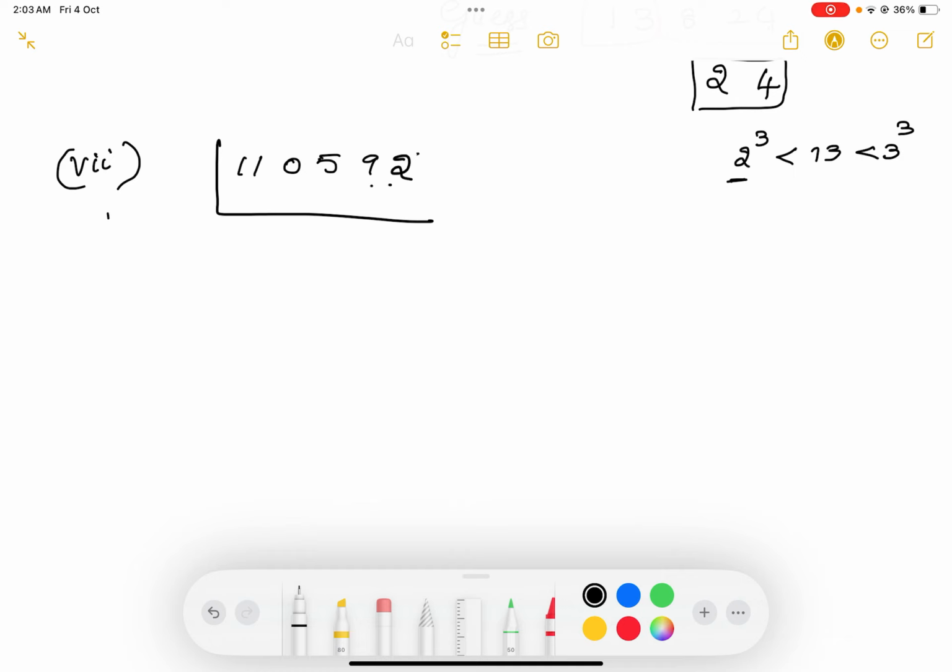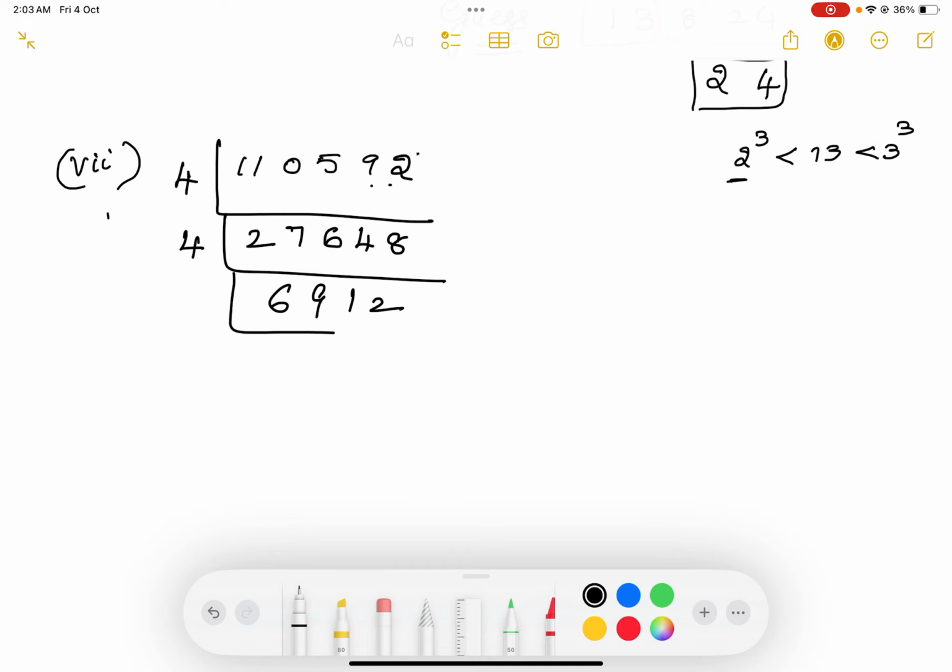So we will start checking now. 92, is it divisible by 4? Yes, right. 4 2s and 4 3s. So I can write it as 4. So 4 2s are 8. 30 means 4 7s are 28. 25, 4 6s are 24. 19, 4 4s are 16. 32, 4 8s are 32. And then again 48 is divisible by 4. So 4 6s are 24. Then 36, 4 9s are 36.